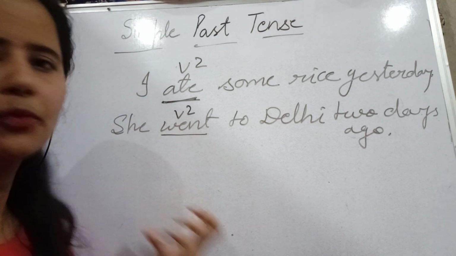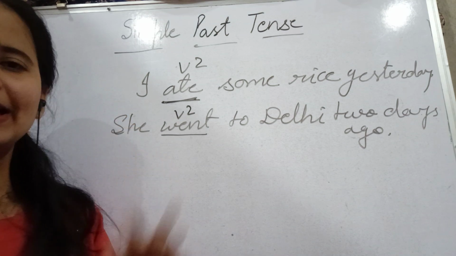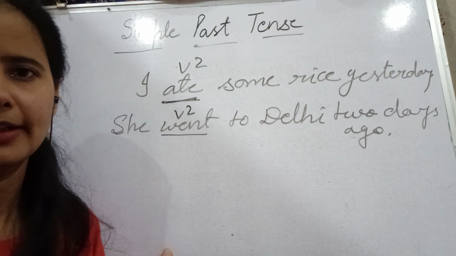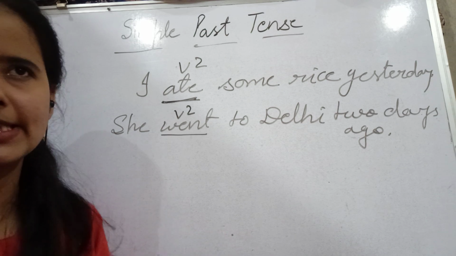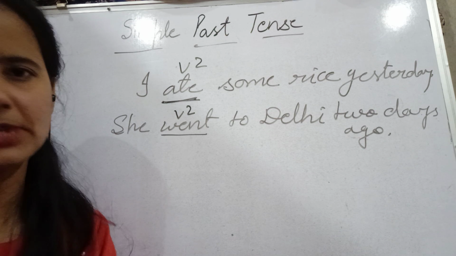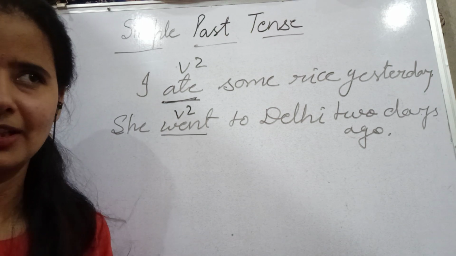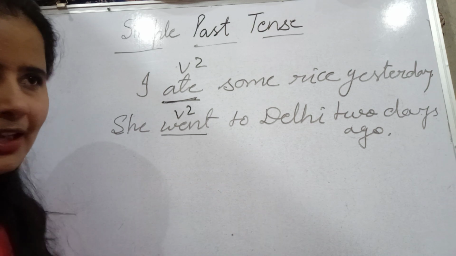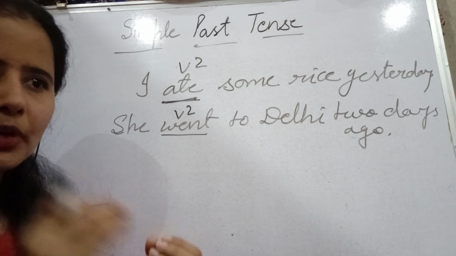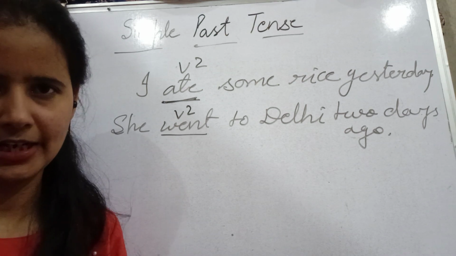Now you have to see one side. Okay, look, you are in classroom, okay, and your test is going to be conducted. आपके कोई भी टीचर आपका टेस्ट कंडक्ट कर रहा है and you are supposed to bring your notebook of the same subject, but you forgot the notebook. Now you see, आप नोटबुक तो भूल गए, ठीक है, आपका जो फॉरगॉट का एक्शन था वो तो आप भूल चुके हो, लेकिन वो फॉरगॉट का जो एक्शन है वो आपकी प्रेजेंट सिचुएशन को अभी अफेक्ट कर रहा है, isn't it?